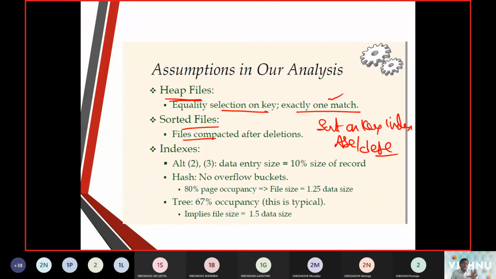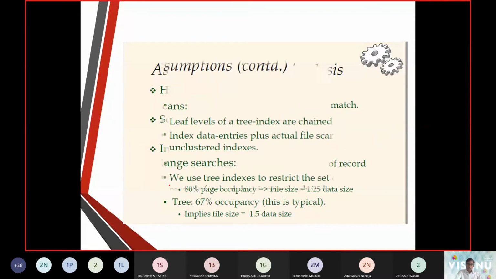So the index is purely sorted, where we have the clustered index, the primary key index. It is purely sorted and happens one after the other. Now, when we work on these indexes, there are ways where we can store them in hashes. There are ways where we store them in trees.